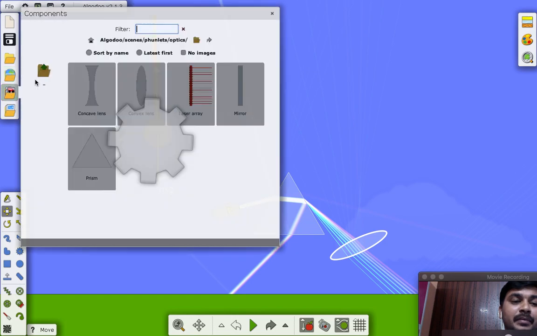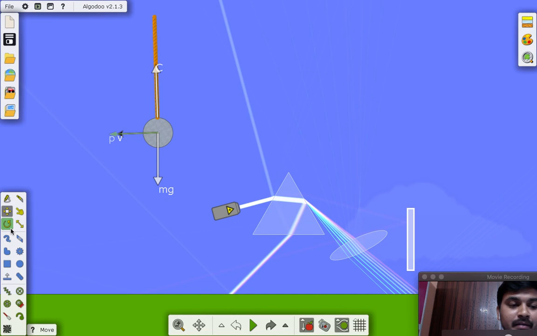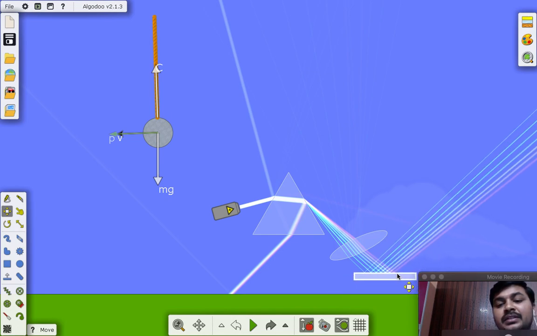For example, if I keep a plane mirror, see what will happen. I will keep the plane mirror and rotate it, and move it down again. See here, this is the reflection, and when you place a mirror here, these are the mirror properties. Like this you can play with this software and learn a lot about physics by playing with the physics. It is an excellent software. You can try your own animations and simulations, and you can do anything with this software.